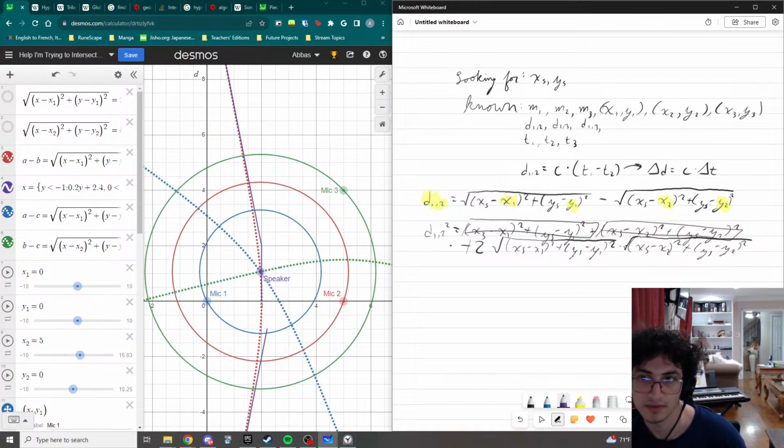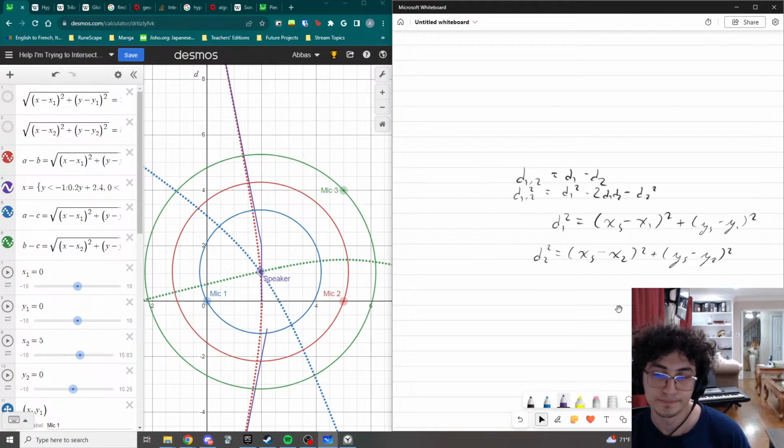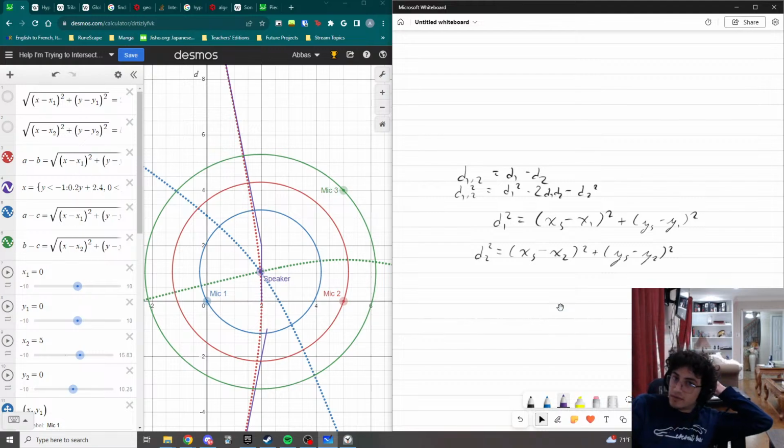So like that doesn't help me that much. Maybe it does, and I'm just not seeing it. Like if I leave them both squared, if I leave them in the squared form,